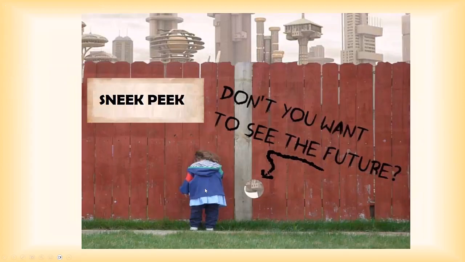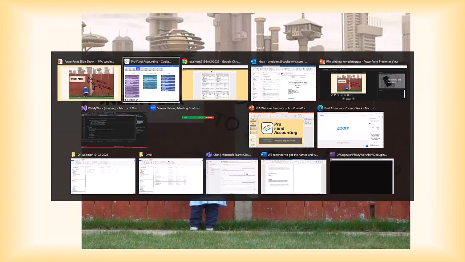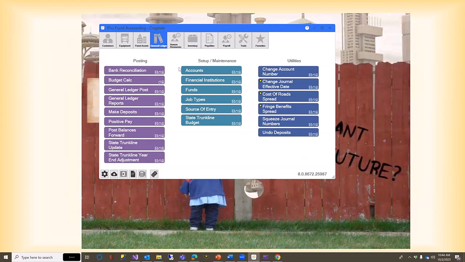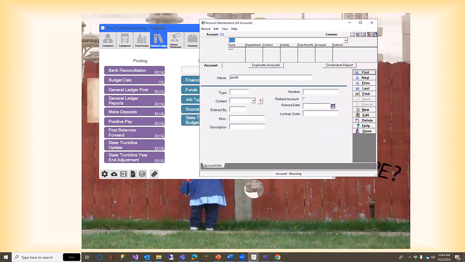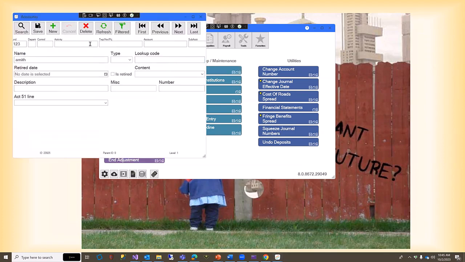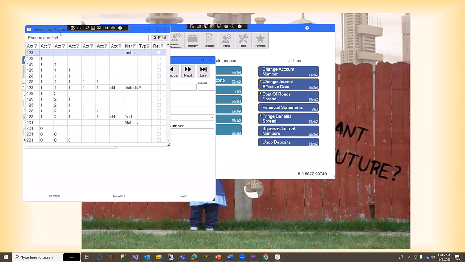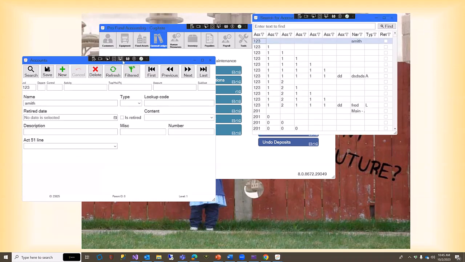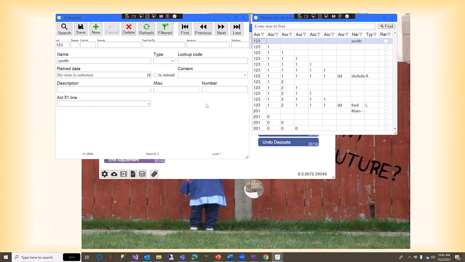All right, our good old sneak peek part of the webinar. This is what's coming up. Let me get back to ProFund Accounting. What we've been working on is our accounts. If we go into accounts, we have been working on a new account setup program for us to be able to create new account numbers